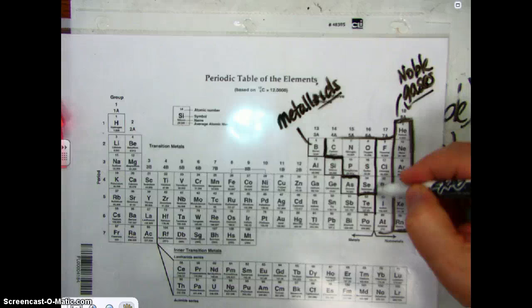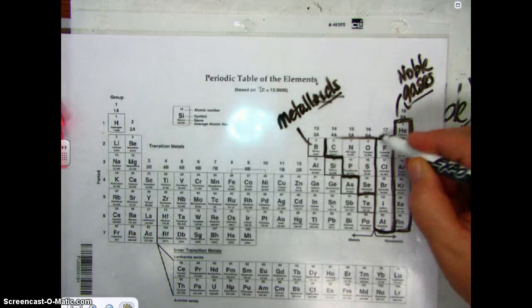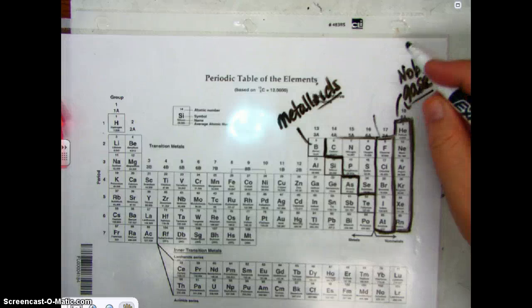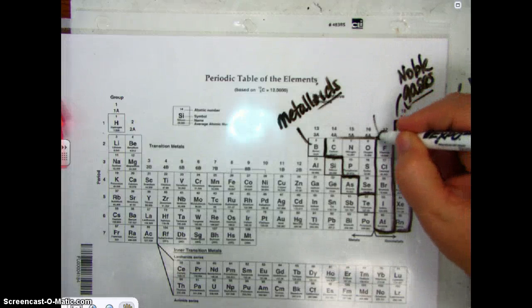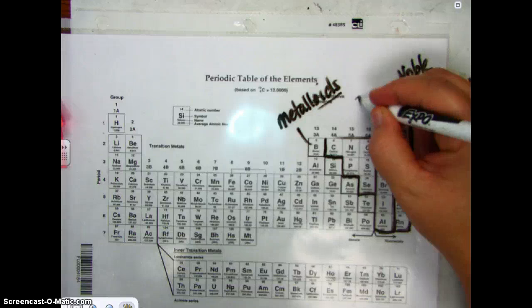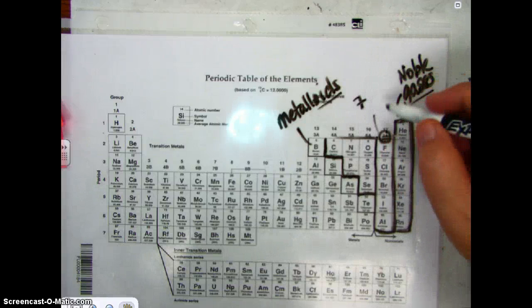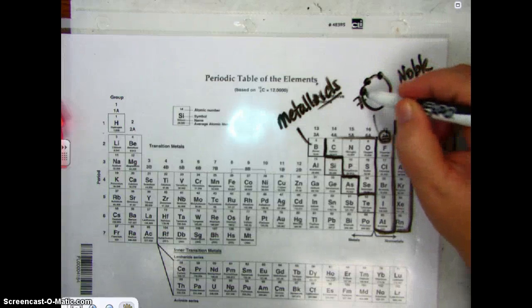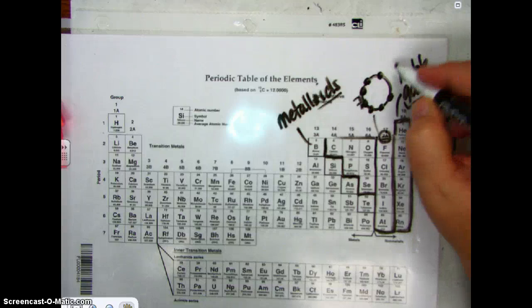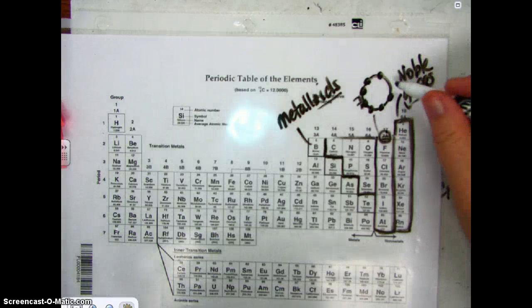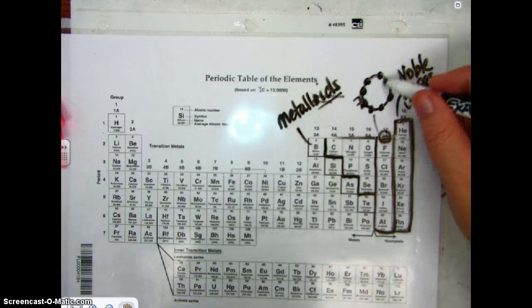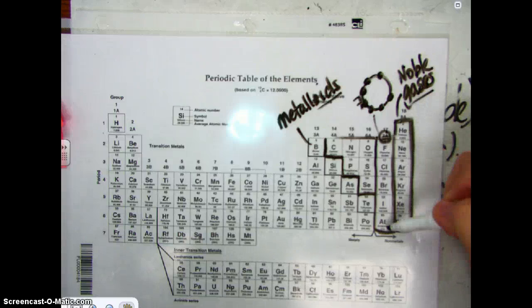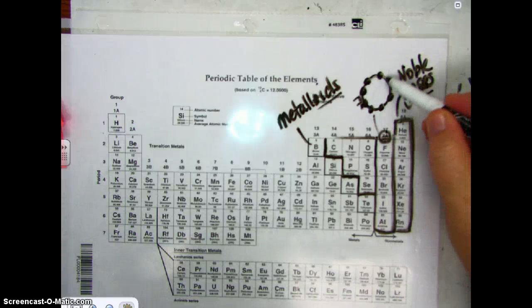The next group that we needed to understand are the halogens. Those are in group 17, and they're very reactive. And if you look, they're in group 7A, which means that they have 7 valence shell electrons. So they want that one electron. So they have 4, 5, 6, 7, and there's one missing, and they're really interested in filling that extra seat in their shell. So these guys are very reactive because they're always seeking out that 8th electron, and they will